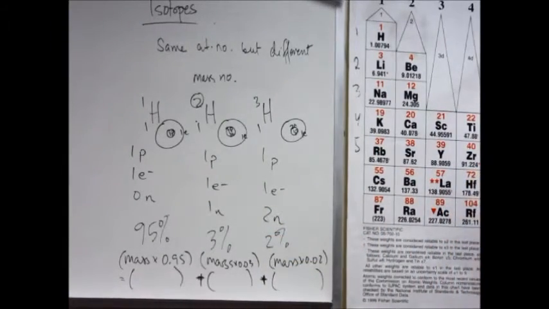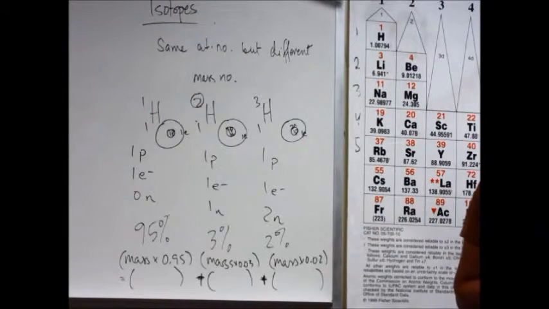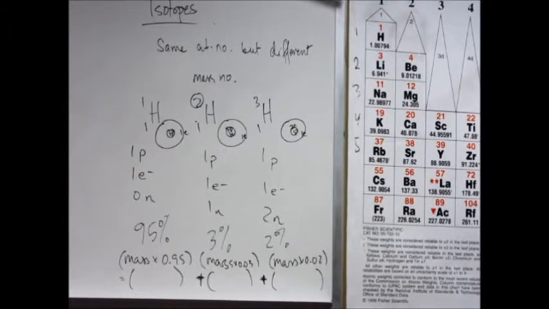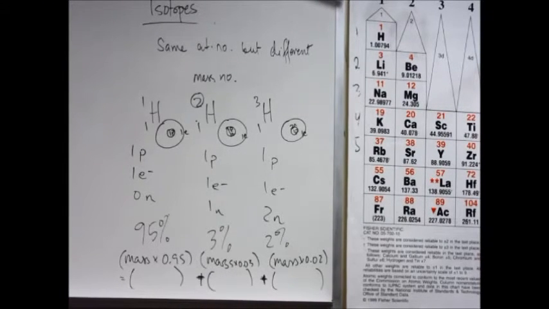Yes? Can we make artificial isotopes? Yes, we can. We can have isotopes that aren't naturally occurring. That's what Irene Joliot Curie did. She made artificial isotopes. So you just put neutrons in the nucleus. You could pump in neutrons, you could do whatever you want. Or take them out.